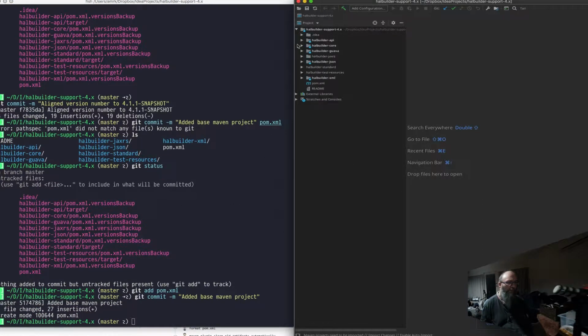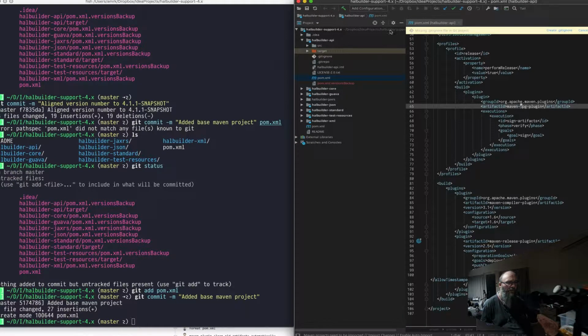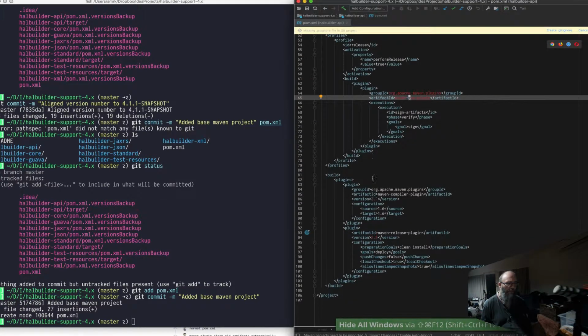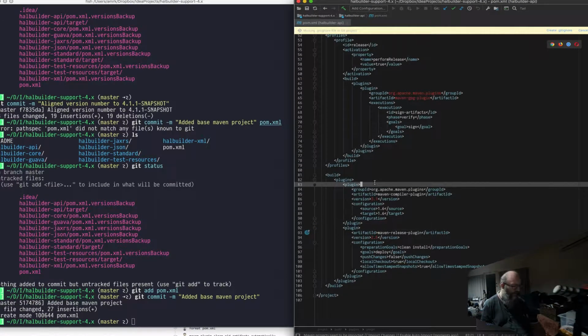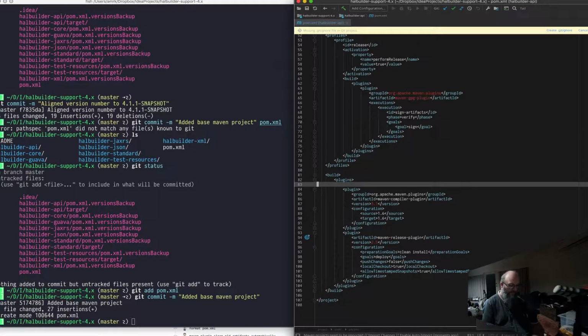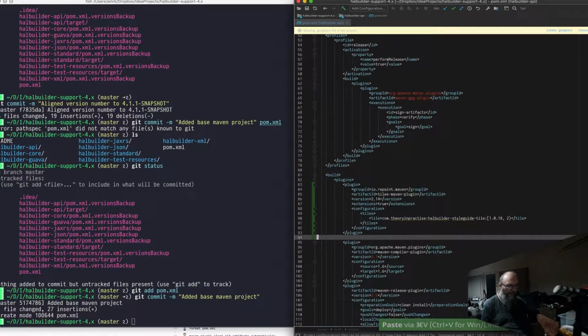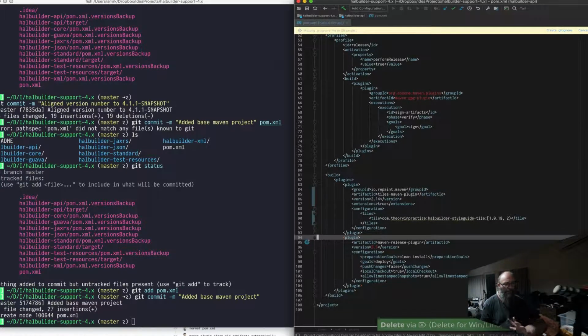So now we've got our project over here. Let's start making some changes. So we open up the POM. Now, we've got the compiler plugin that we've previously mentioned. If we include the style tile and remove the compiler plugin, so the style tile that we've got here, just